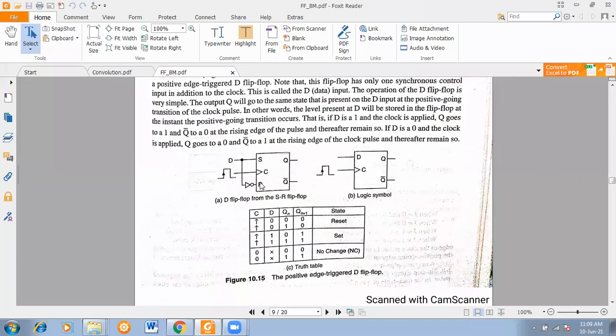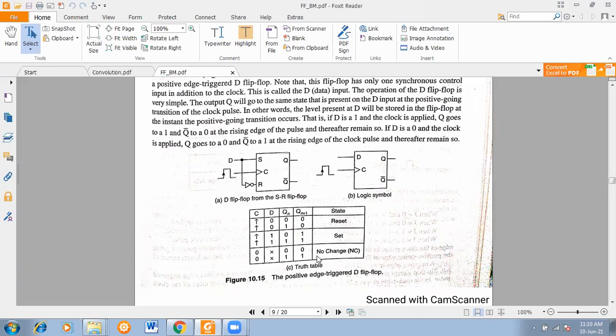Similarly, the D flip flop also. So that is your D flip flop, as I stated earlier. That was your level trigger. Now it is edge trigger, which is positive edge. That is the symbolic representation, and the two tables are also the same, your level and edge trigger. There's no difference in the output level. The output level is the same, no change at all.